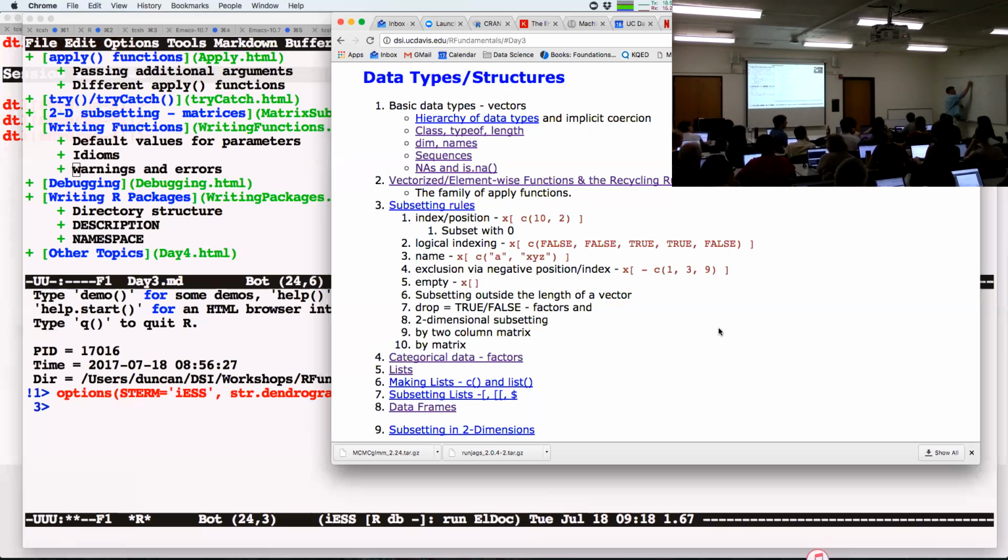This is a big long vector, and we do things like say sum of X, or we get the min and the maximum of X to find out the plotting limits. No problem. We will never copy A at that point because there's no need to. Nobody's changed A. The second we change it in the local frame, where X is an alias for A, we have to separate these and say, here's the new copy of X. This is a thing called copy on write. It's only because we're changing X that we actually have to make a copy of A. And that's basically what happens in R most of the time.